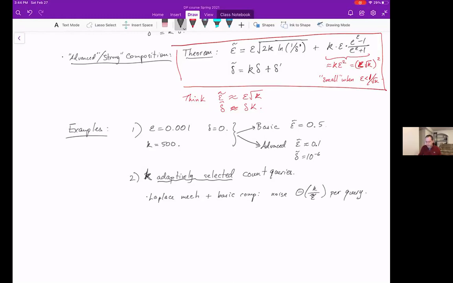There are extra log factors if you want the worst noise added to any query, but we'll stick with the per query noise for now because it's simpler. I'm not working out the exact calculation, but basically you set the epsilon for each individual execution of the Laplace mechanism to be your final epsilon tilde divided by k, and then you get this much noise per query. If you were to use the Gaussian mechanism to do this,